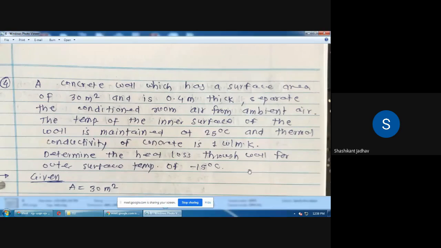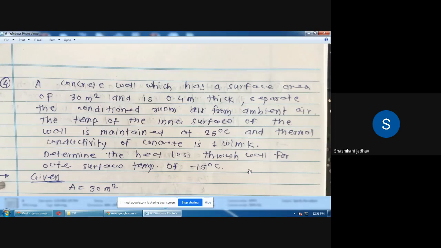The temperature of the inner surface of the wall is maintained at 25 degrees Celsius,